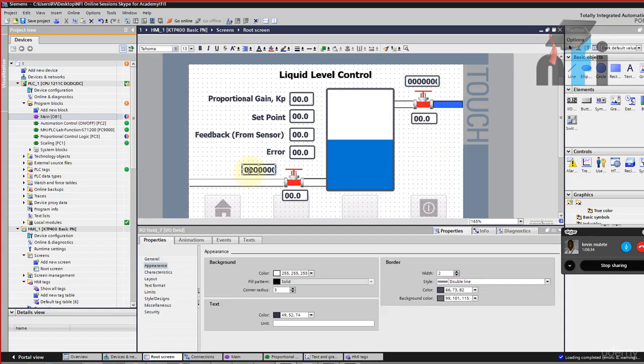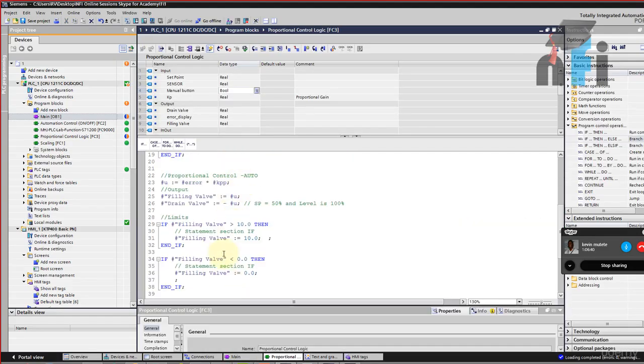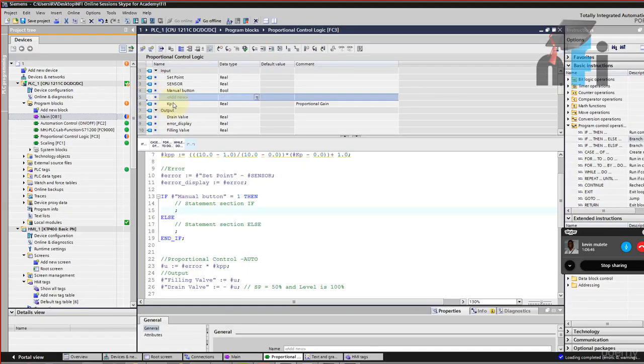Okay. This value should go into the valve. So go back to the programming. So if input is on, we have to define 2 more inputs. So in the input, I will write for filling manual, and also